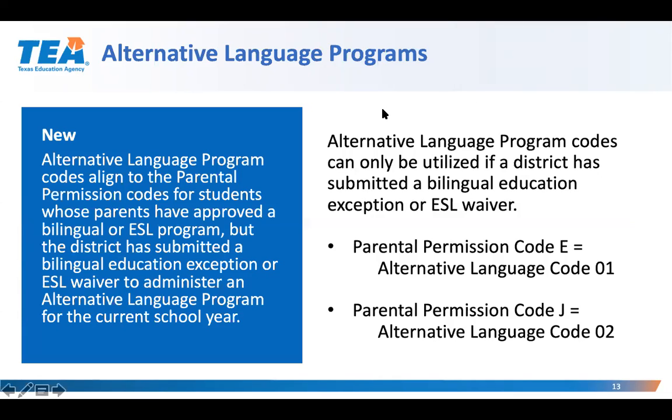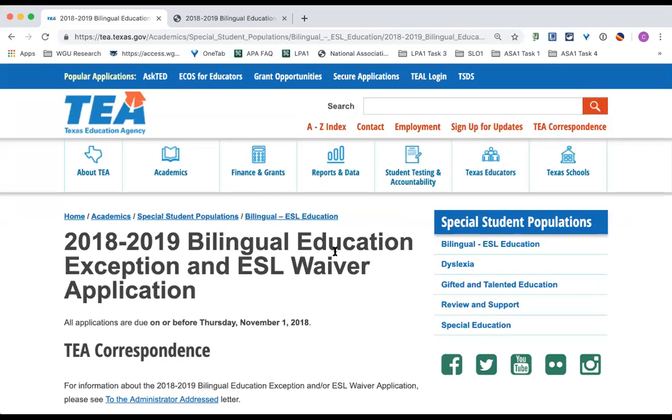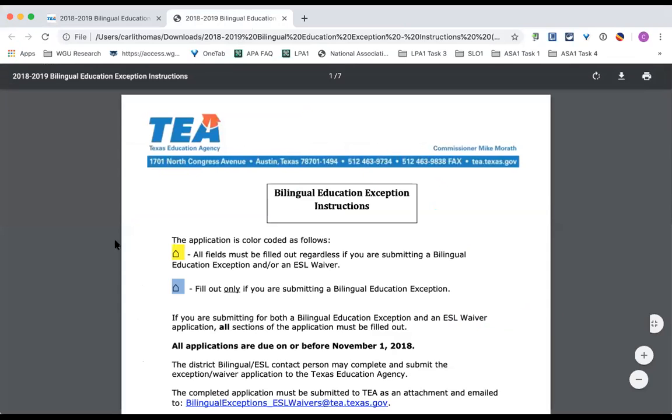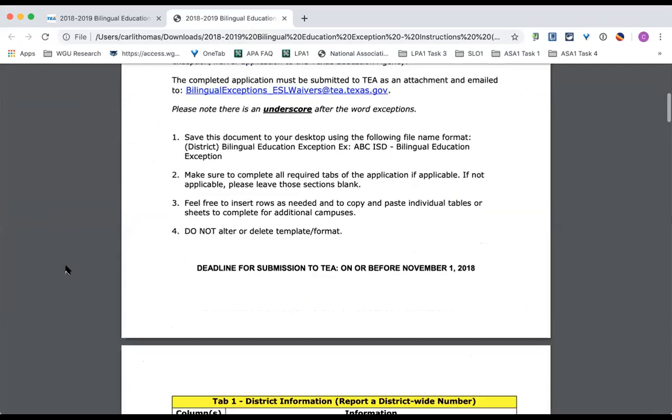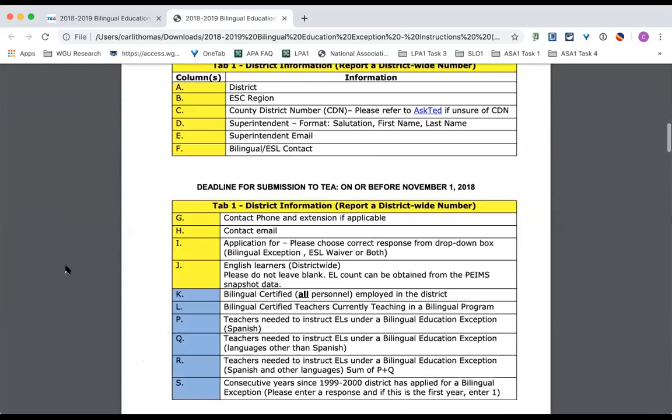To highlight what is meant by the alternative language program, we're going to take a look briefly at the information provided within the bilingual education exception ESL waiver application information. So one of the resources, for instance, a bilingual education exception instructions, outlines, and we can scroll down to the